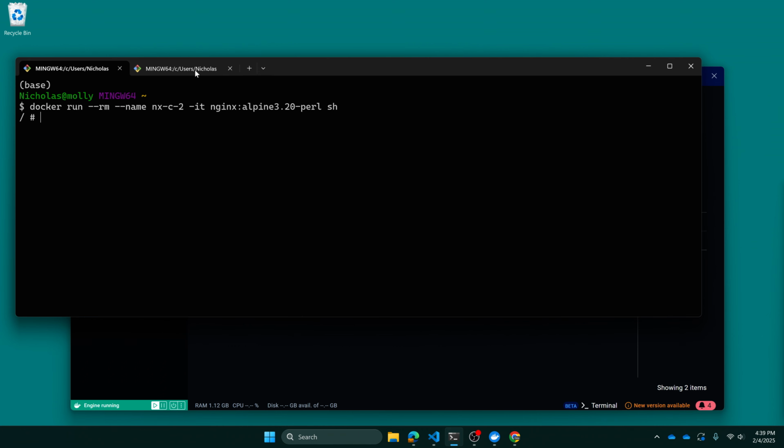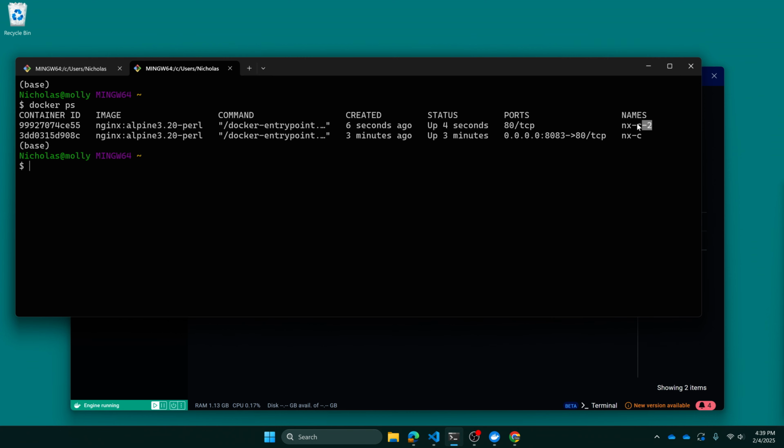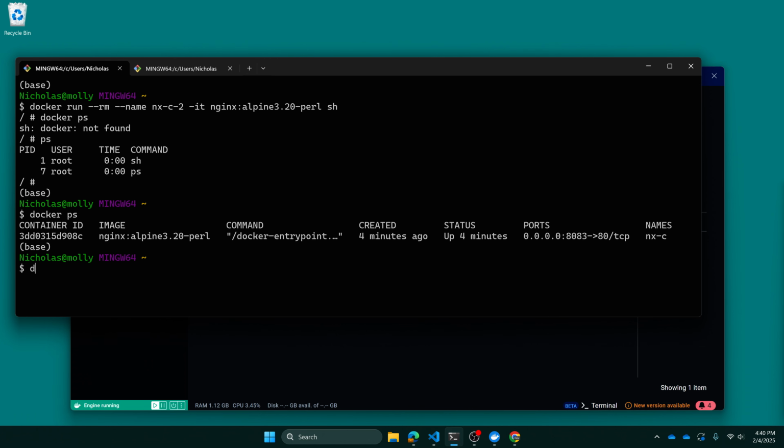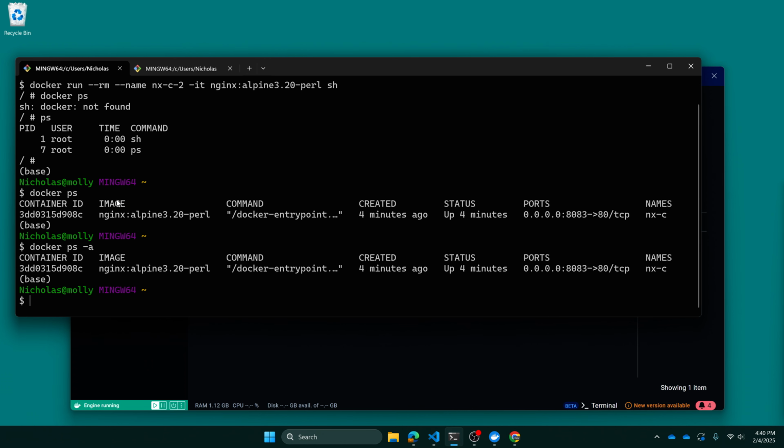So now we're running here, and if we do from another terminal docker ps, we see that both those containers are running, nxc2 and nxc, the one with the web server. And we'll see docker ps, well, ps. So there's no docker inside here because we're in the container. If we do ps, we see that the shell script is running, and we just ran the ps command, and nothing else is running. So you see that nginx did not actually run here, whereas in the other container, nginx is running. If we Control-D, now docker ps, we're not running, and docker ps -a, we also are deleted because